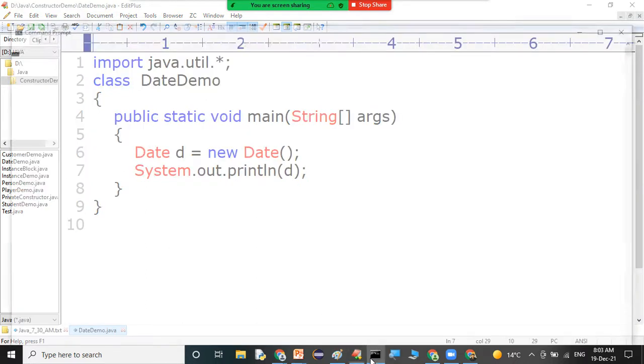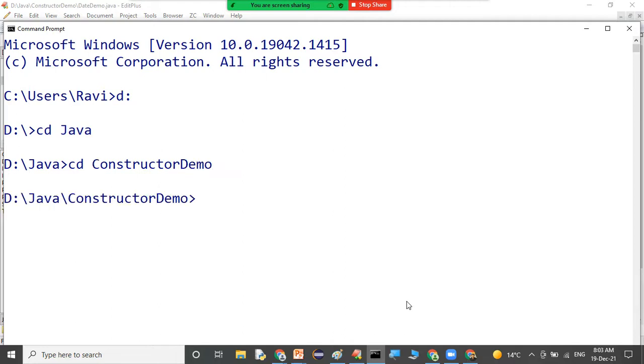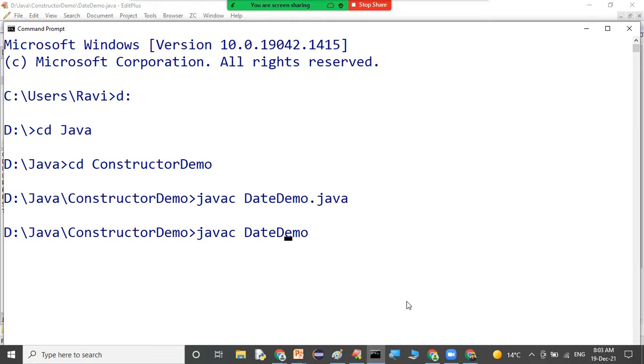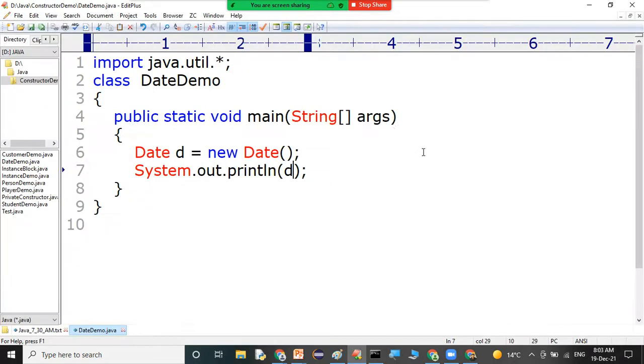Listen carefully. Let me compile and run this program. In D drive, cd constructor demo, then javac DateDemo.java. Compile, and when you run this, you will get the current system date and time. What are you getting, sir? The current system date and time: Sunday, December 19th, and the current time. Now,